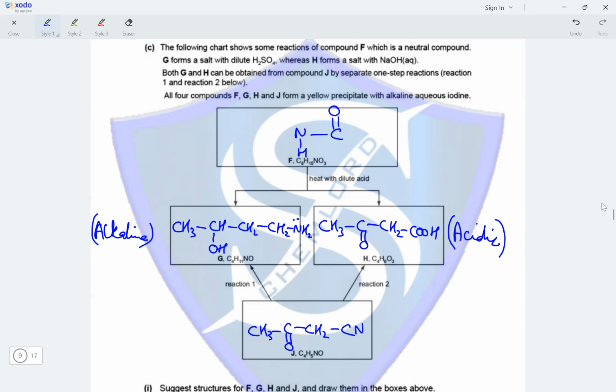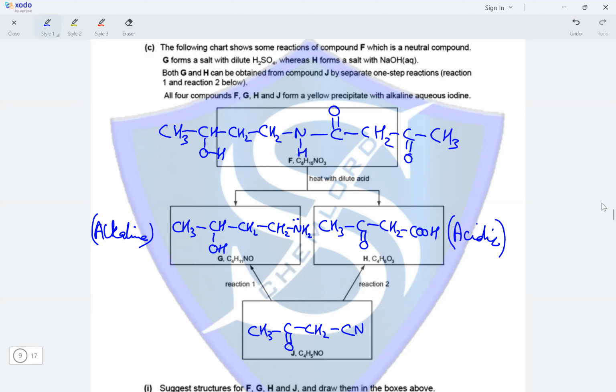On the left side, we have got two CH2 groups, CH2, CH2, then we've got a CHOH and it ends on a terminal CH3 group on the left. On the right side of the C double bond O group, we have got a CH2, a C double bond O group, a ketone group, and we have a terminal CH3 group on the right side as well. So this is the structure of compound